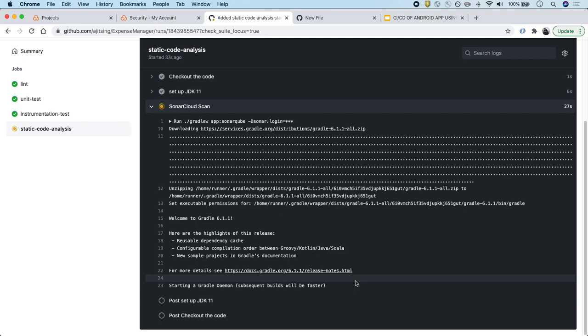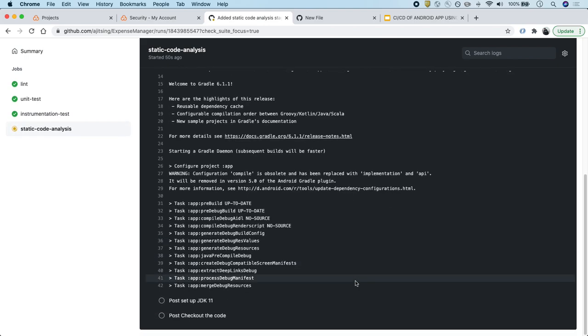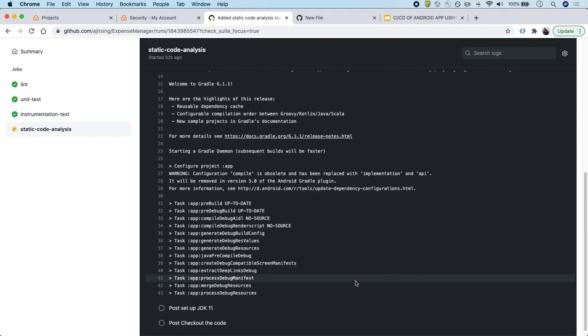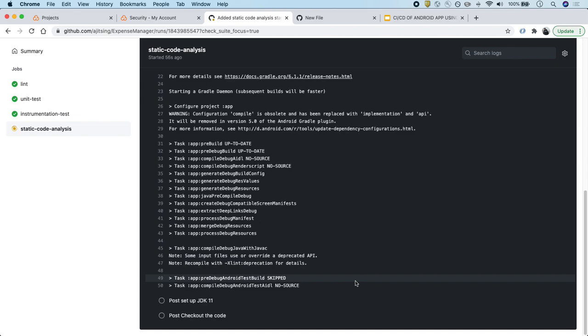So what it will do is it will take our entire code base and push it to Sonar Cloud. And once that is done, it will be able to tell us what are the code smells or tech debts that are present in the code base. And then we can figure out what can be fixed and what is a false positive.